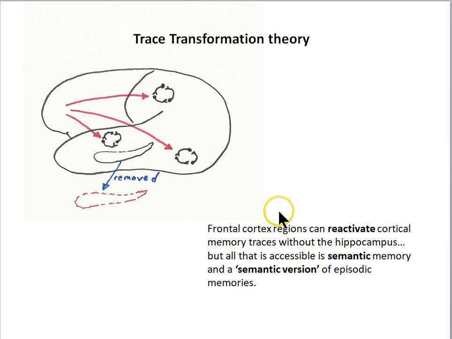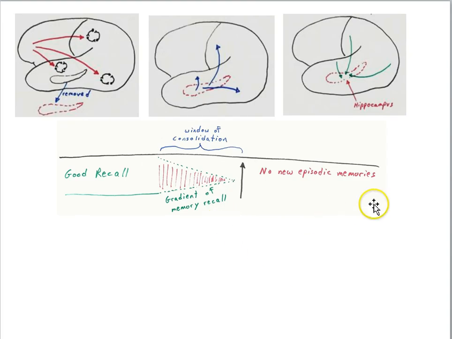So for the trace transformation view, it would be the frontal cortex regions can reactivate cortical memory traces without the hippocampus, but, and that's an important but, all that is accessible is semantic memory and a semantic version of episodic memories. And so we see then that HM's memory impairment can be understood by considering the memory processing role that